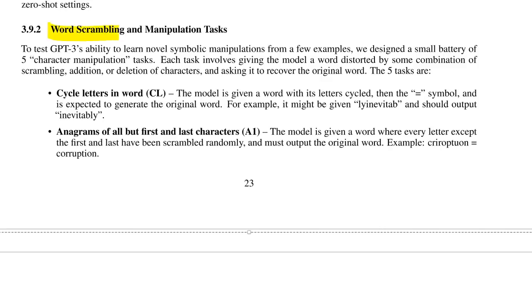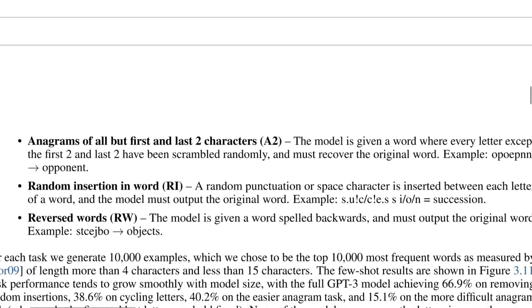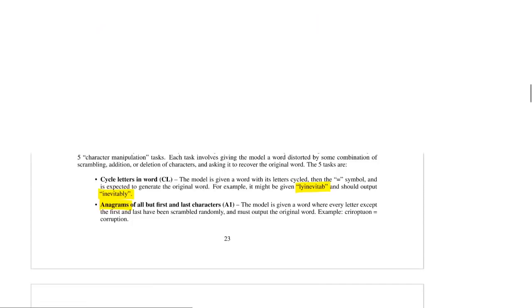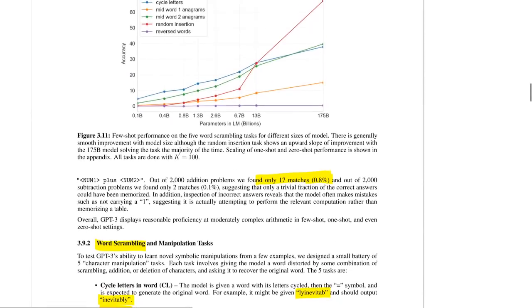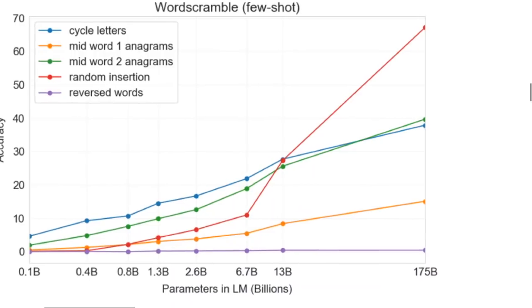So they have these word scrambling tasks where they scramble words, and they ask the model to unscramble it. So, for example, this word is "inevitably" scrambled. They give anagrams, and they give random insertion into the word, like this word right here, or they reverse the word. And I think this is the thing at the very beginning, but if you can see right here,